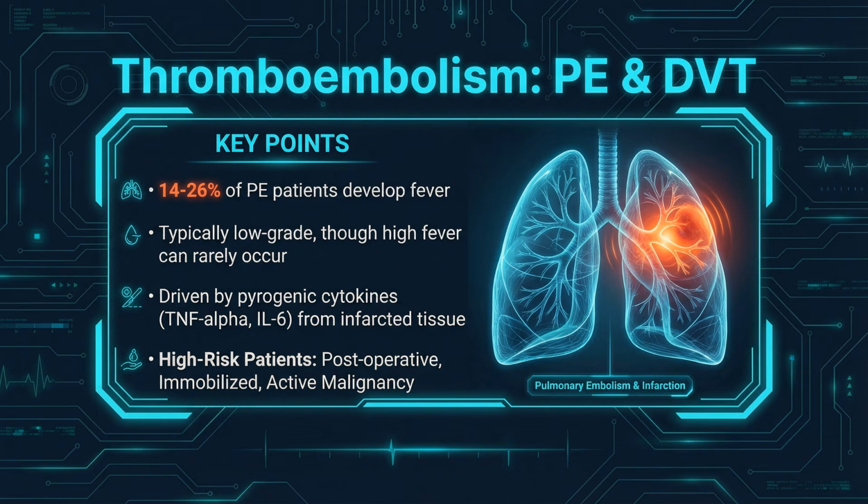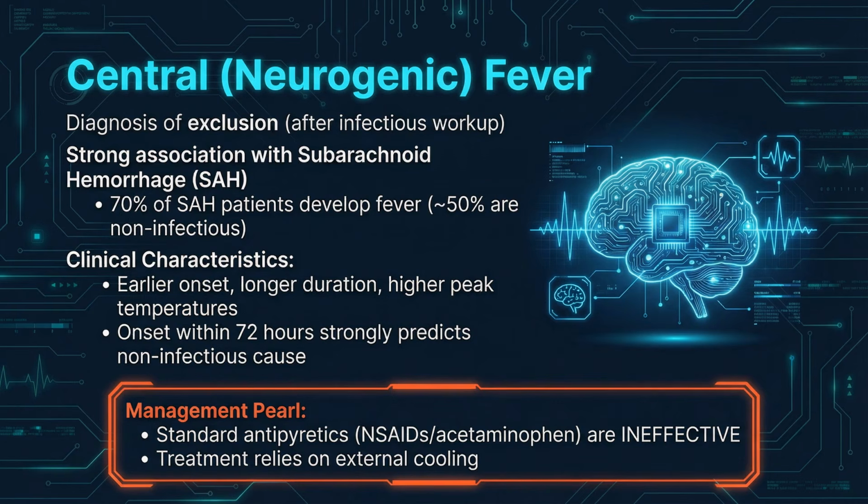Always consider thromboembolism in postoperative patients, those who are immobilized, or patients with active malignancy. Central or neurogenic fever occurs when the brain itself drives the temperature elevation. This is a diagnosis of exclusion after a complete infectious workup. It is strongly associated with subarachnoid hemorrhage, where fever occurs in roughly 70% of patients, and about half of those